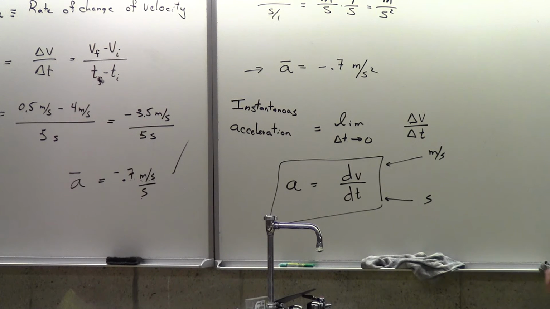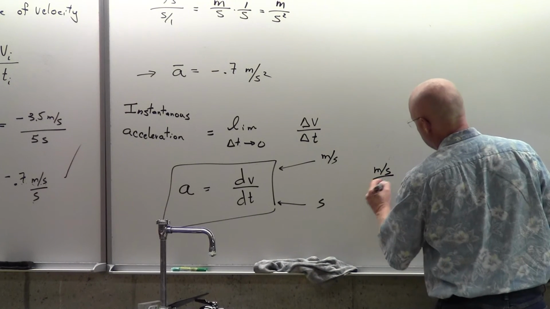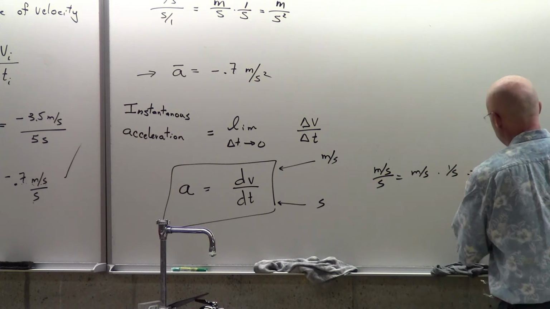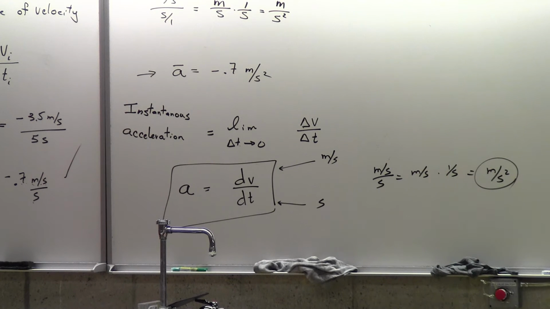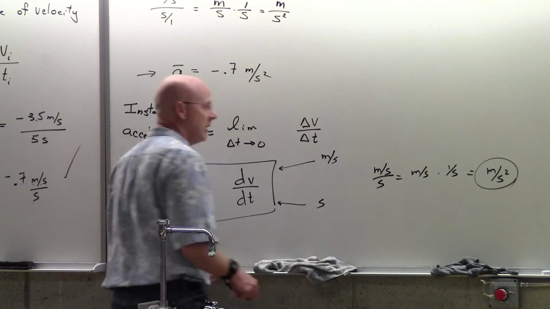This would be seconds for time. You would end up with meters per second. You would then have a compound fraction that you would flip and multiply and then write as meters per second squared. Maybe even say it as meters per second each second to emphasize what do we mean by an acceleration